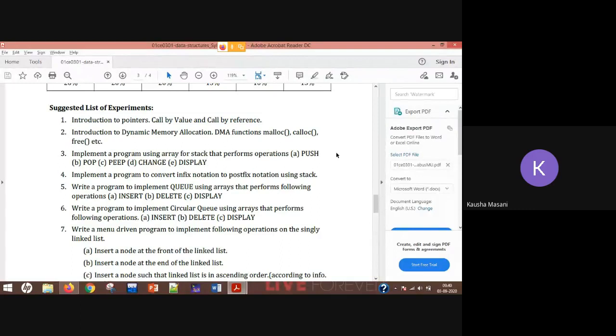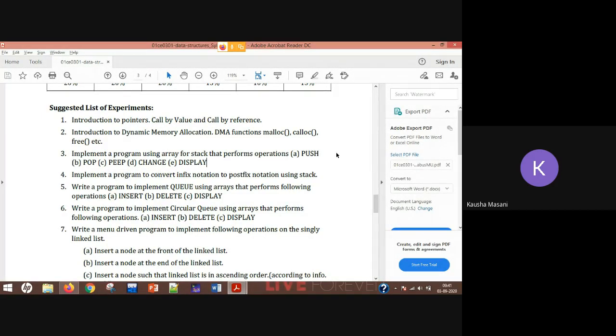Change operation is nothing but to replace an element which is already added in your stack. Okay, so with the help of the index value, because we are using arrays, we are going to change that. Okay, but that is at the end. First we are going to see push, then pop, then peep, display, and then change.